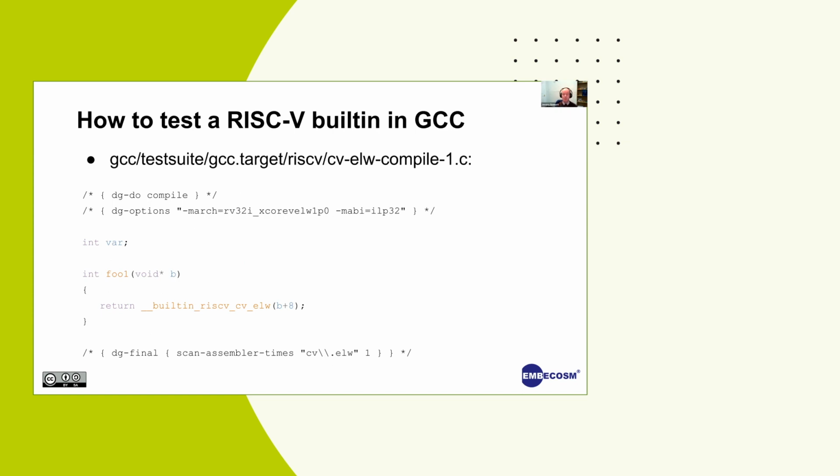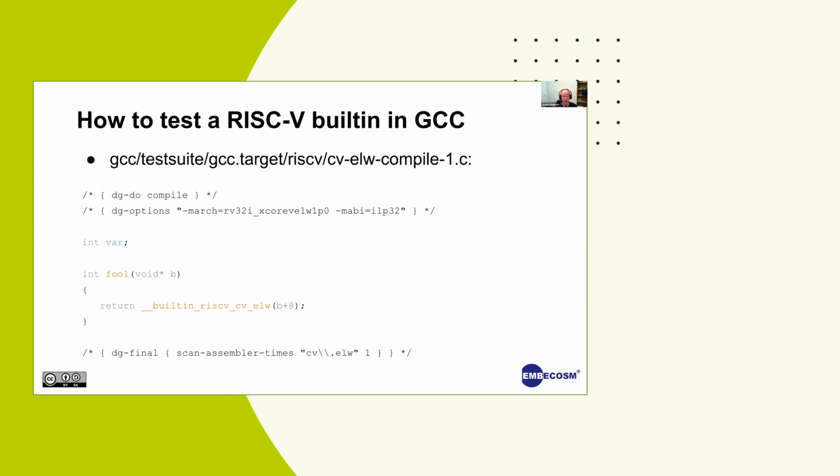So far so good, but it's important not just to write your built-in, but to test it. There's two sorts of testing to do. One is to test does the compiler work and generate the right stuff, a compilation test, and the second thing is an execution test: I've generated this code, does it do the right thing? Now at this stage we're only looking at compile tests, because we'll be using a Verilator model of the CV32E40PV2, and that Verilator model isn't quite available. We'll add execution tests when we've got them.